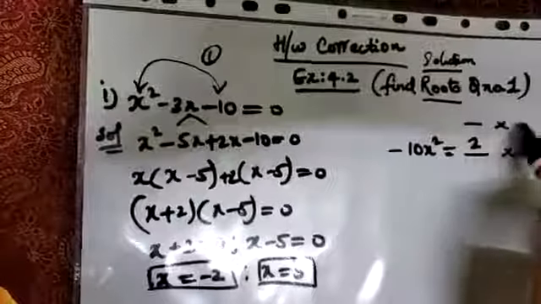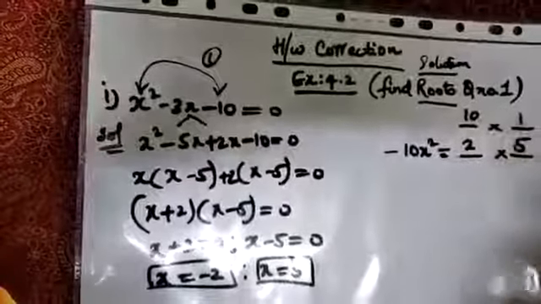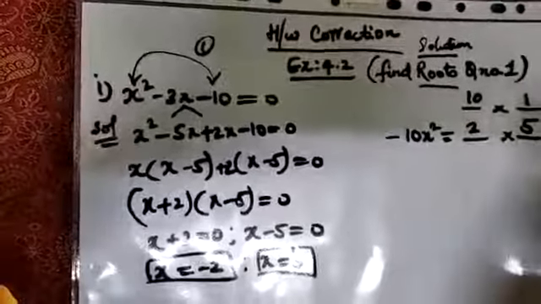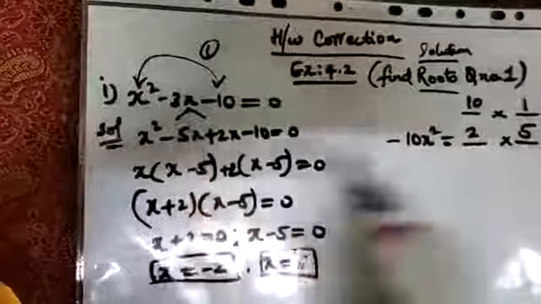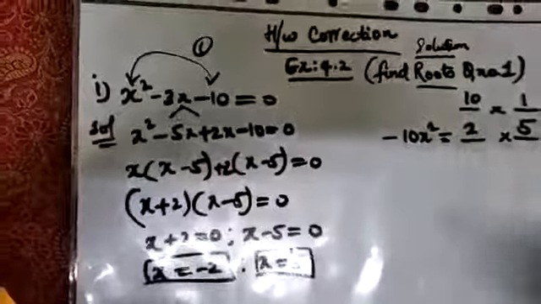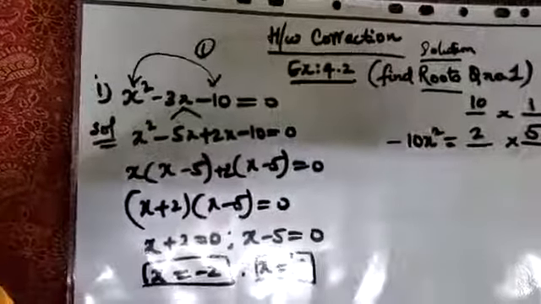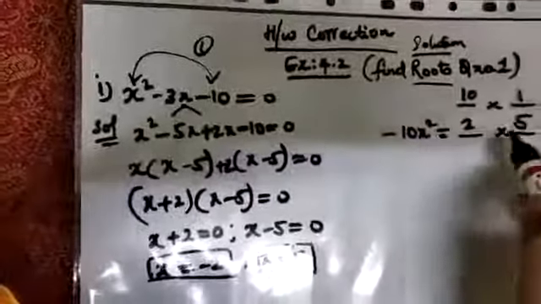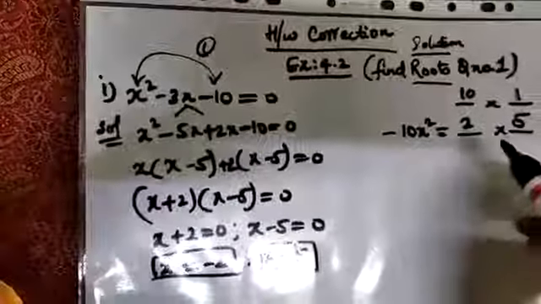If you see, the factors of 10 are even 10 1s are 10 also. But 10 plus 1 will give me 11. 10 minus 1 will give me 9. But what I actually want is 3x. So what I will be doing, I will be choosing wantedly the factors which on addition or subtraction give me the middle term number. So I got 2 5s are 10 because 5 minus 2 will become 3.